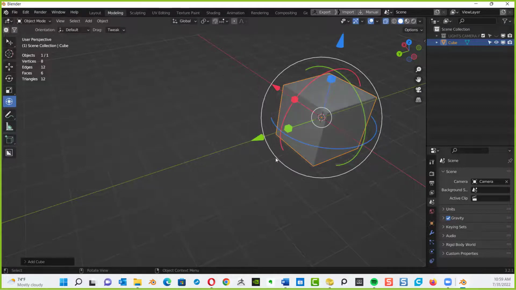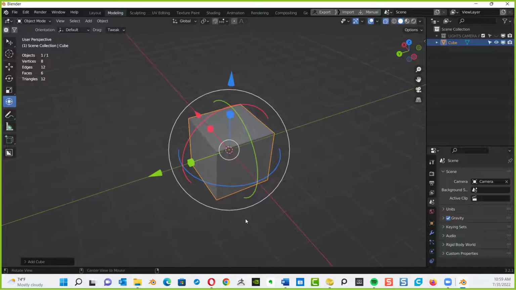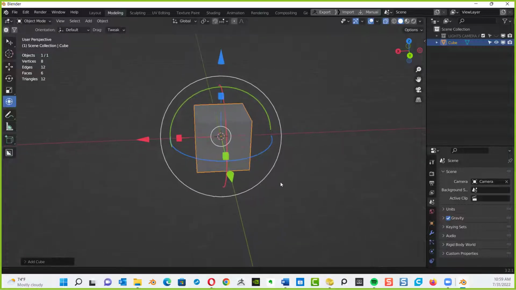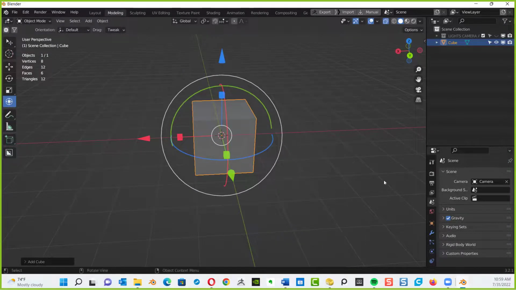Now, does everybody have a cube in the middle for Blender here? All right. I'm going to teach you one little technique that I find to be very handy. Whenever I boot up Blender, you're going to have your lights and your camera on your right-hand side. They'll probably be separated out, and you'll have a cube in the middle. Opening up Blender with a cube in the middle is annoying. So what we're going to do is get rid of the cube.